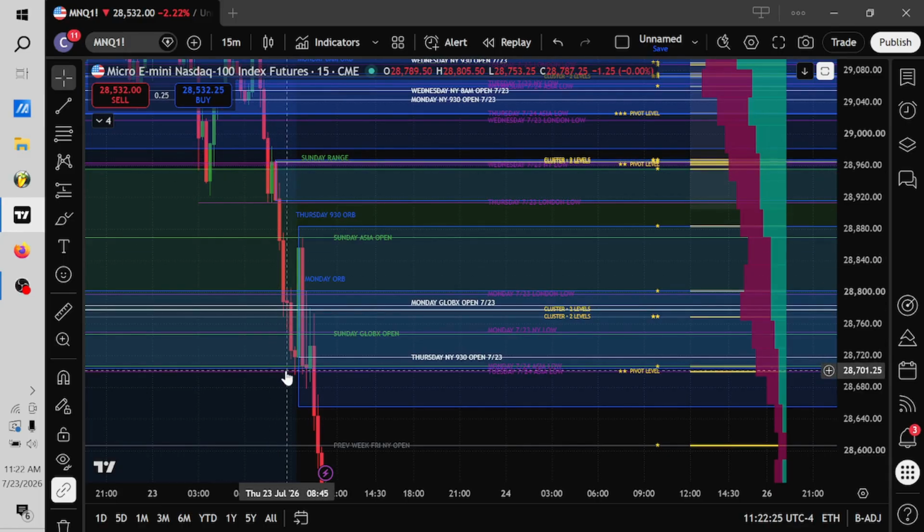But as you can see, it lined up perfectly with the next pivot level. When it came down, touched these two cluster levels, I would expect the pullback to continue more, which is what it did to the Sunday open. Once price pulled back here, if I was in the trade and I saw it didn't go higher than here,